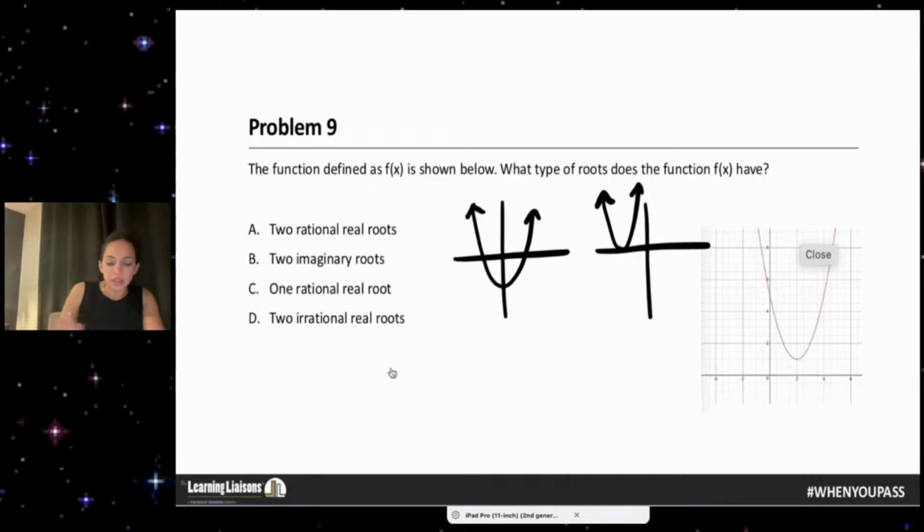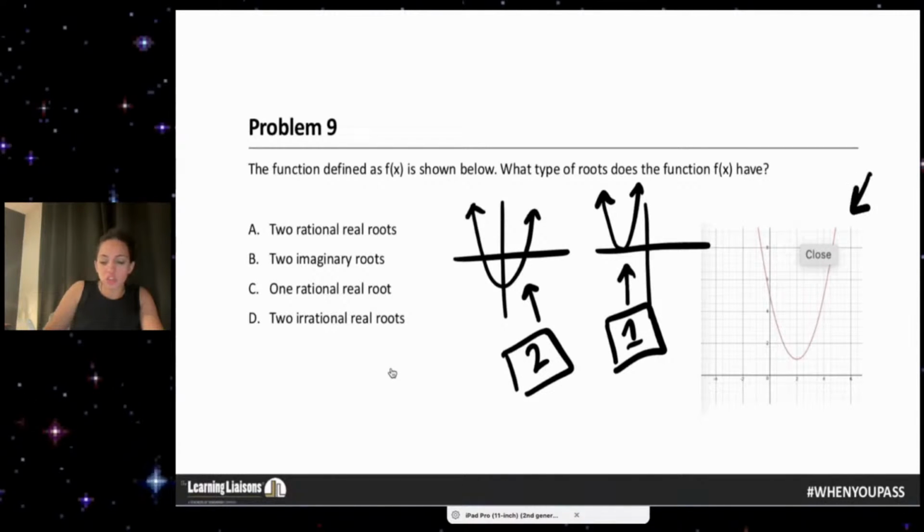So in these situations, this is going to produce 2 roots. This is going to produce 1 real root. And this is going to produce no real roots. It does not mean that I can't find the roots. It just means that I have no real roots. So this is 2 real, this is 1 real, and this is no real.